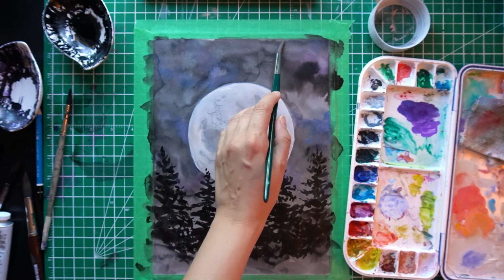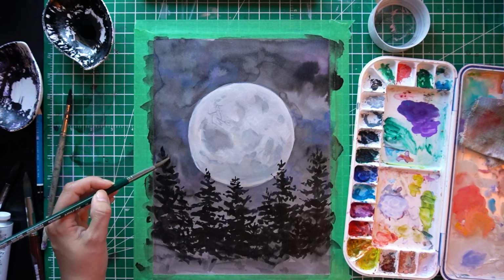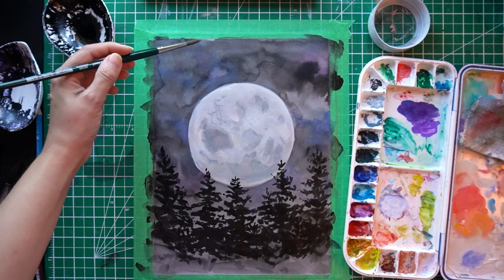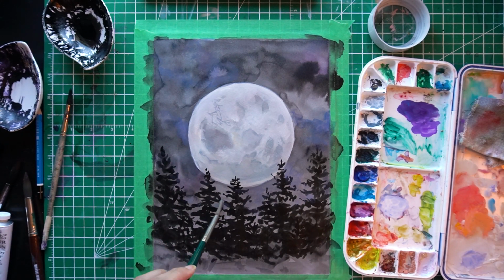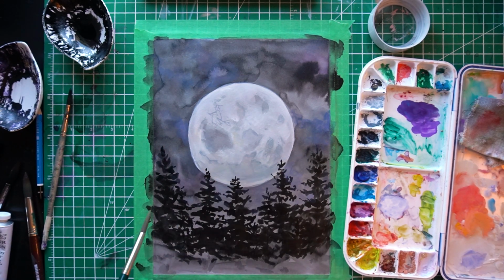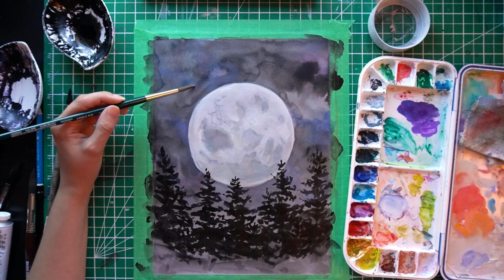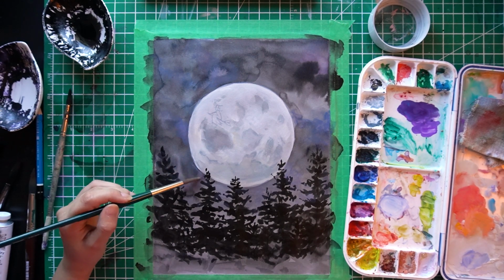Another thing about this paper, I will say, is I was a little worried because I just went with a Canson mixed media, just how well it would hold up, because once you start getting past the first entire layer, you never really know. Although, I will say I didn't go hardcore with heavy watered down layers. I was still pretty impressed that it handled all of this fairly well, and so I'm excited to use more